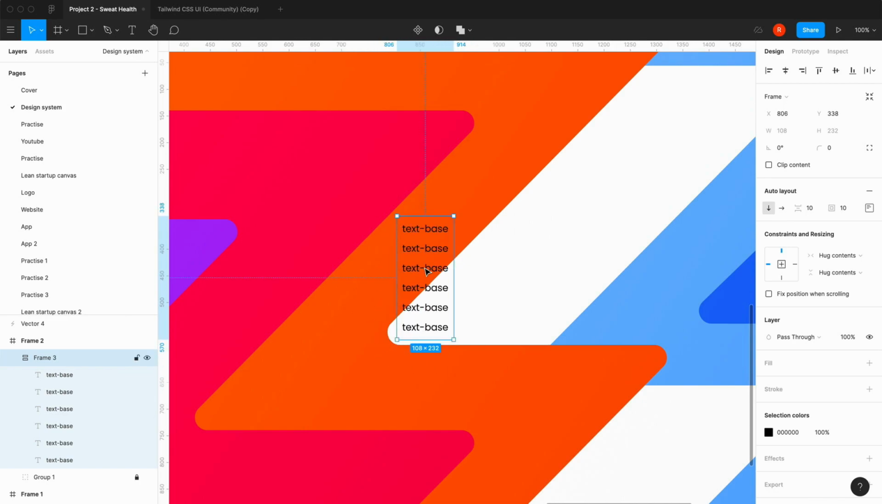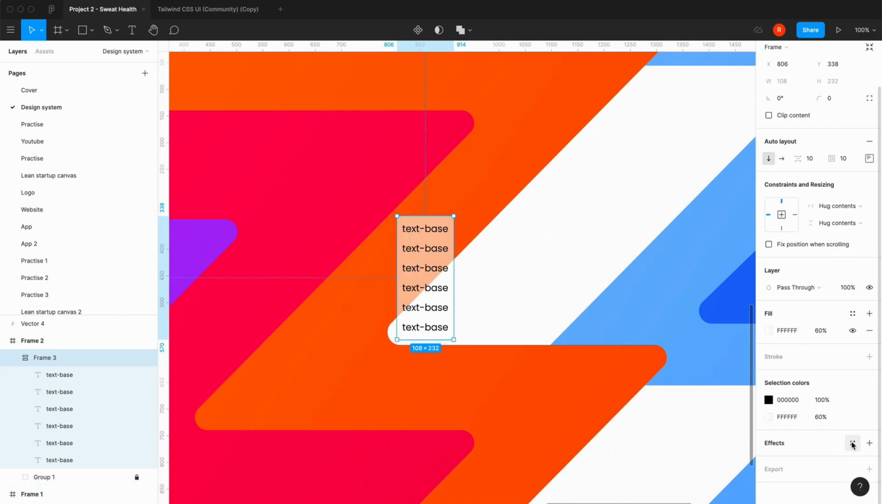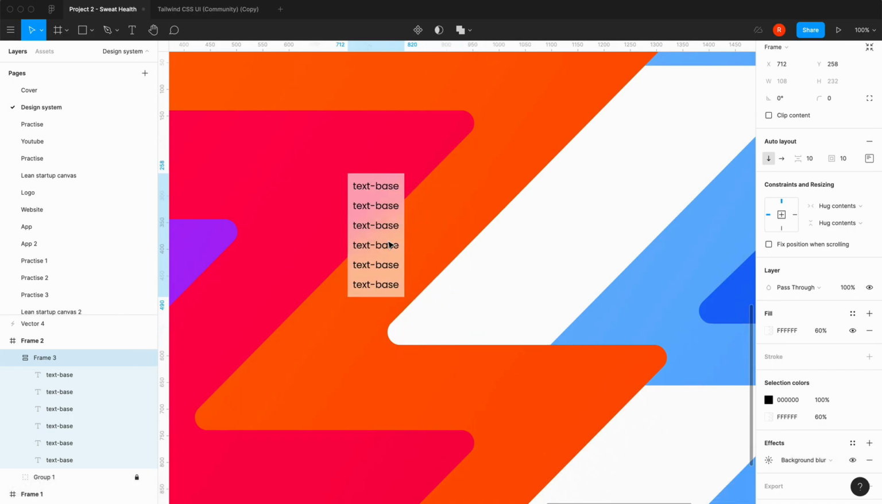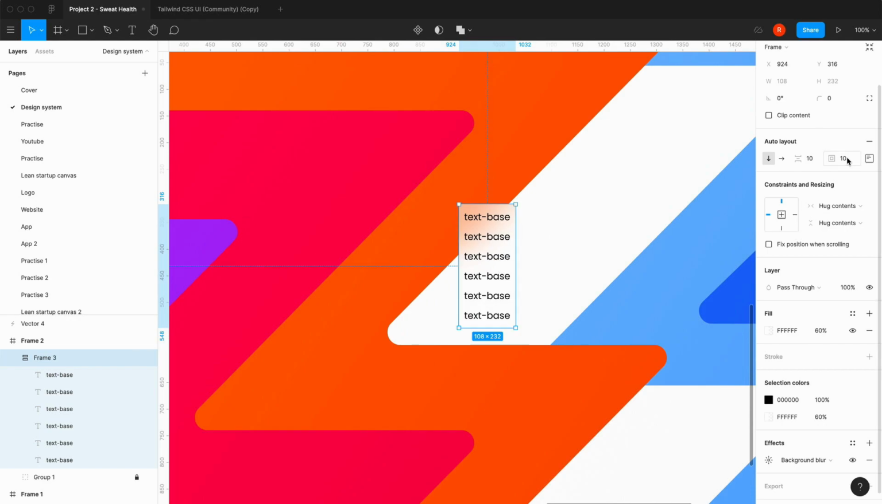So we're going to introduce the glass morphism. And so what we have to do straight away is add a fill of white. We're going to make that 60%. And we are going to add the effect of the blur. So background blur, we're going to give it a blur of 60. There we go, nice. So now it is a lot more readable, the contrast is better,